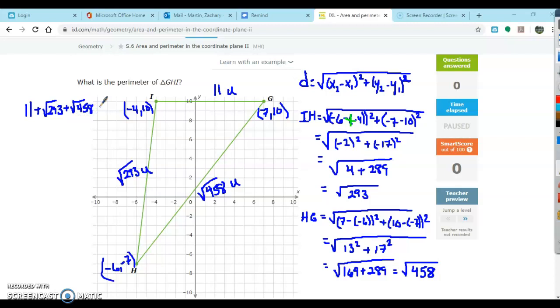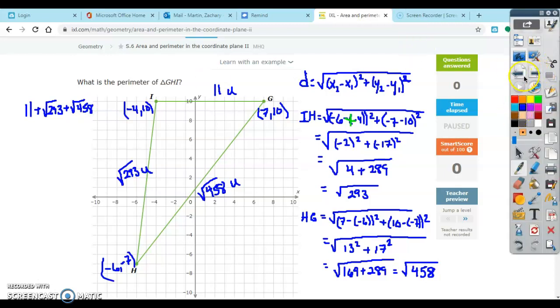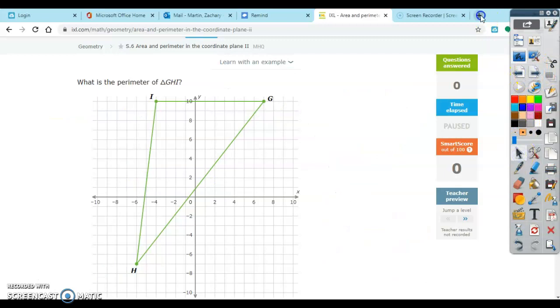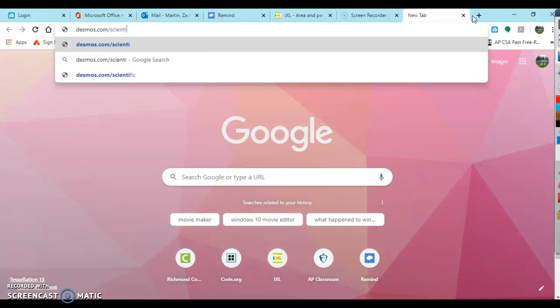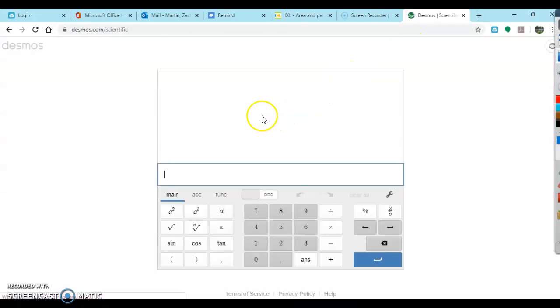And then I'm going to round that to the nearest tenth. So I think what would be very helpful, I'm going to get rid of that just for a second. We got desmos.com/scientific. Okay, that's going to help us out a lot. So we've got 11 plus, and I believe we said the square root of 293 plus the square root of 458. And notice you hit enter. There's our answer right there,